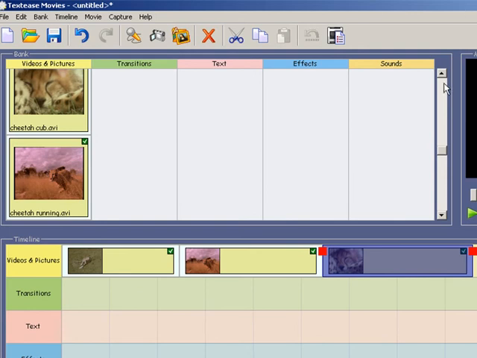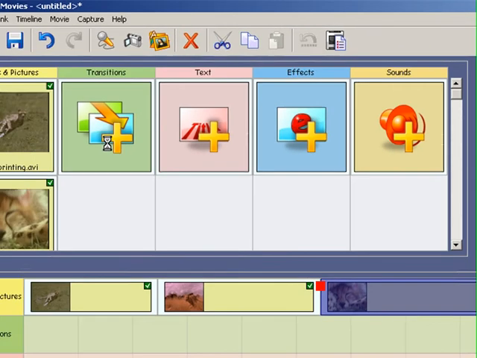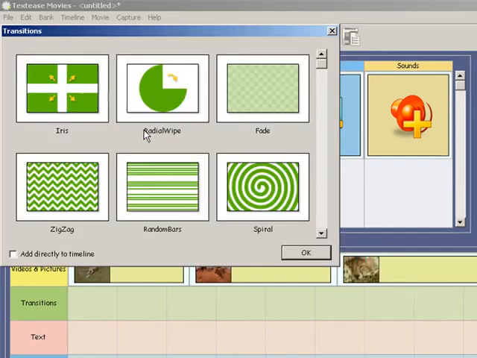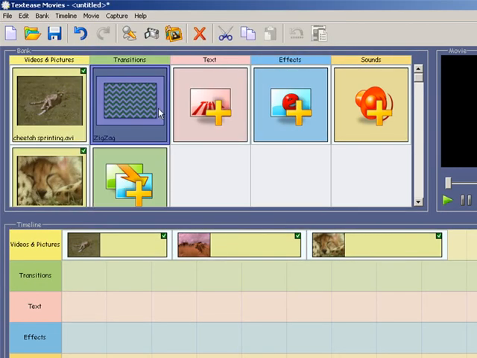Much more interesting if we put a transition in. So let's do a transition. There are a number of transitions for you to use. I think I'll go for a zigzag one this time. Okay. When I drag that transition out, you can see there's a little blue line that shows me how to